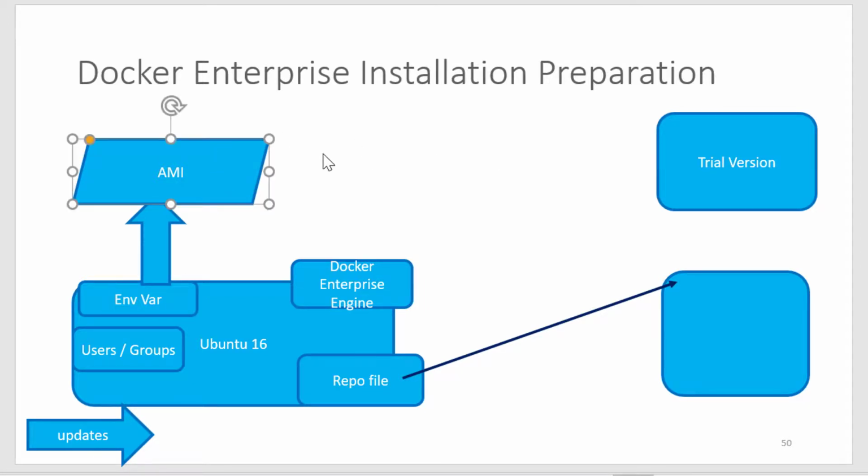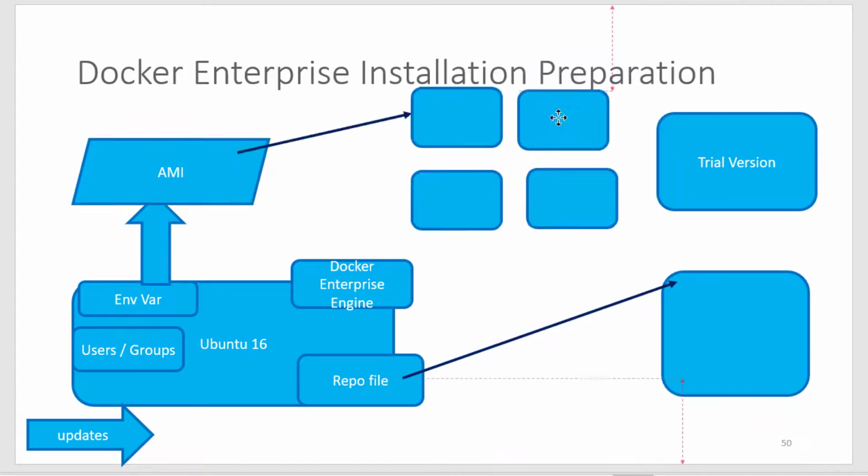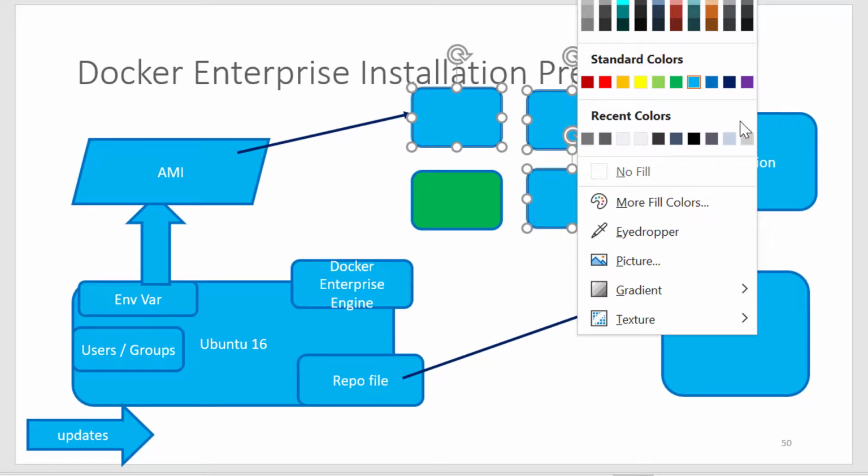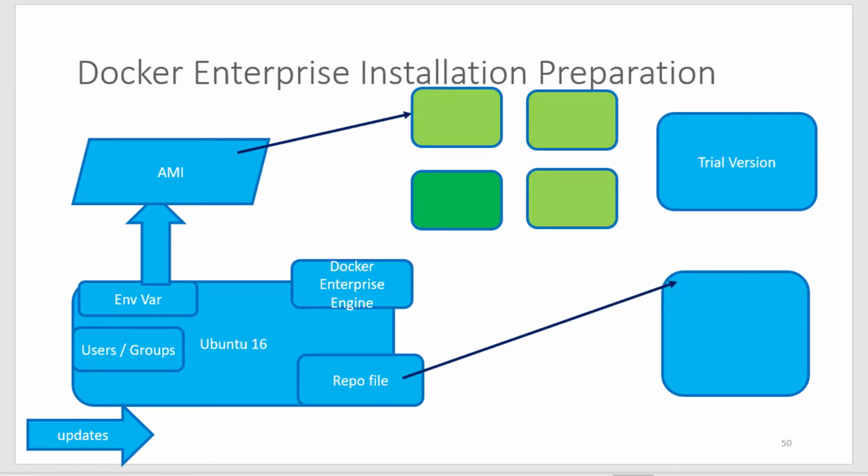Once this particular AMI is ready, I'm going to use this specific AMI and create n number of instances. This n number of instances together will create a cluster, and within the cluster I will mark a specific system as a master and all other systems as a worker, and I will do the installation of the universal control plane as well as the Docker trusted registry, and I will do the planning in which system the universal control plane and which system the Docker trusted registry should get installed. So this is going to have the master, worker, and I will plan for the installation of universal control plane.